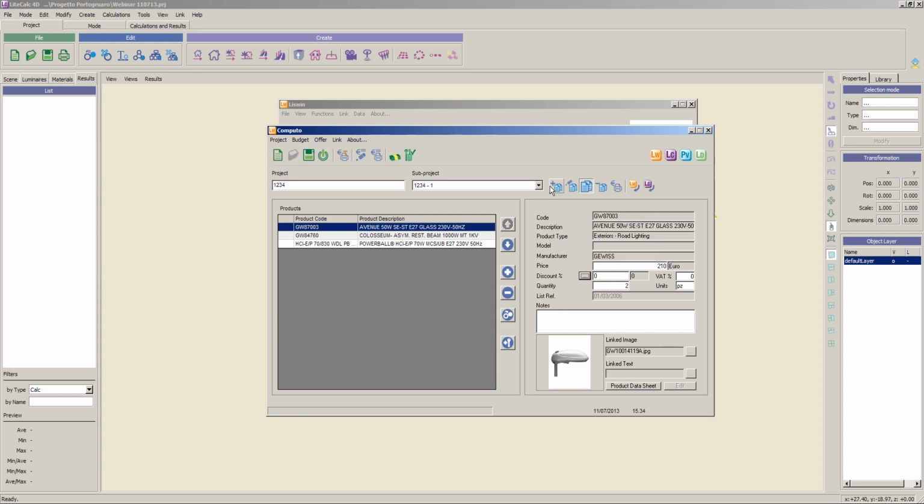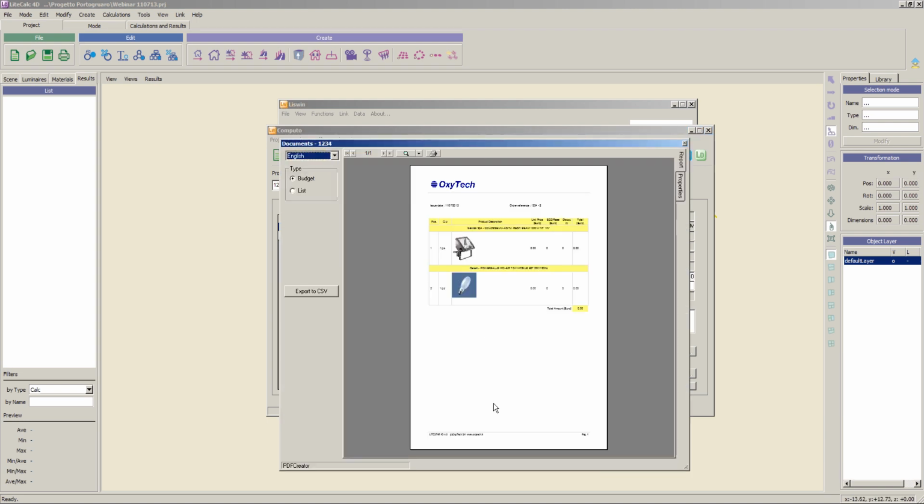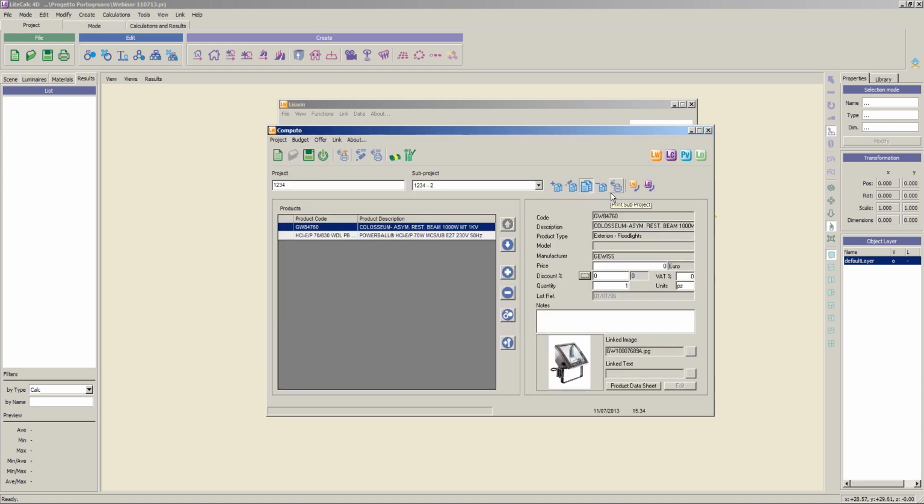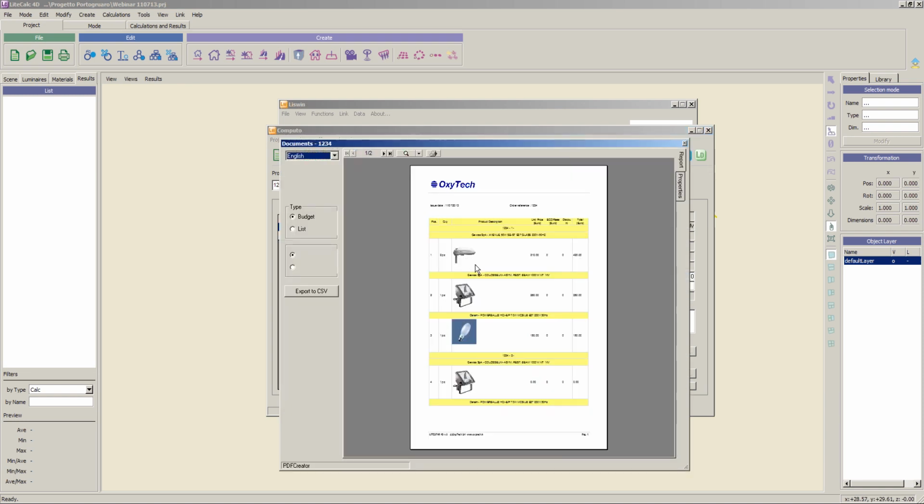Let's say that we want to create a second area, but belonging to the same project. I simply press the plus sign here, and then I import from the list win in case. I can visualize here only the selected products, because this is accessing only the part corresponding to the sub-project. But if we want to visualize altogether the project we have here, as you can see, we have 2 pages. But if we want to sum them together, we select this second option, and the products will be summed